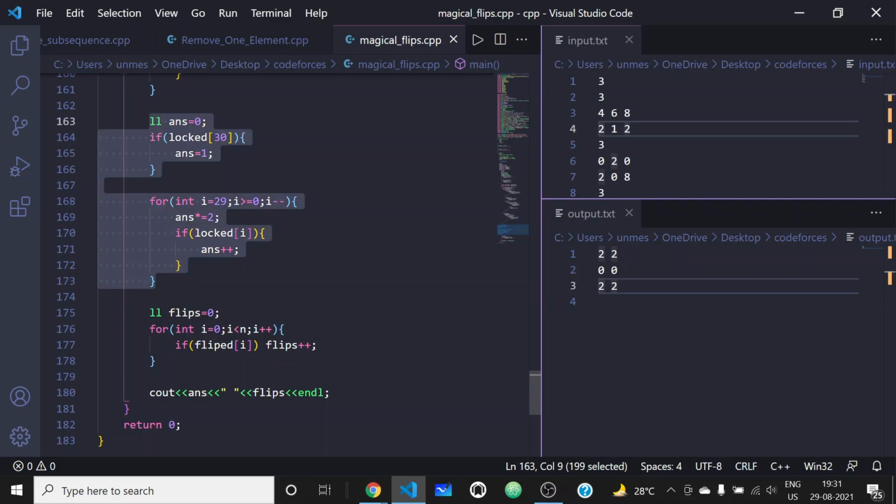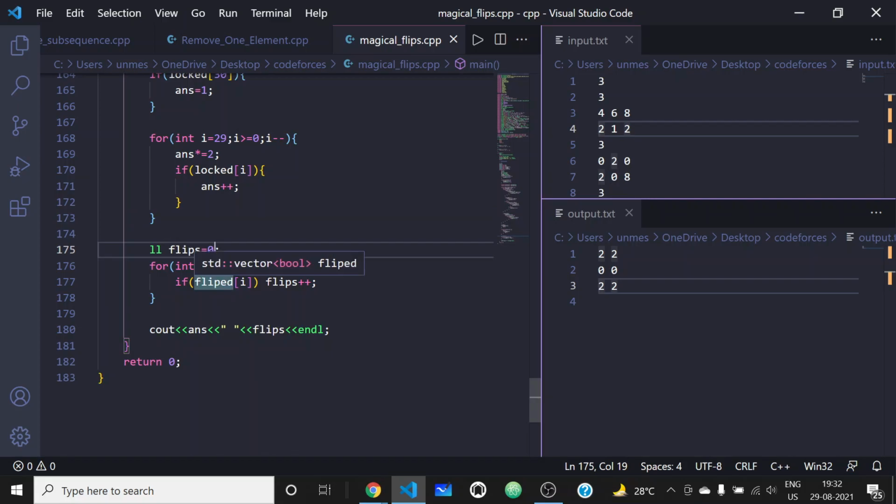This is the same binary concept, to construct the decimal value from its binary representation. We just need to keep multiplying by 2, and whenever we encounter a one, we increment it. So this will give us the maximum bitwise AND, the decimal representation of the binary number.